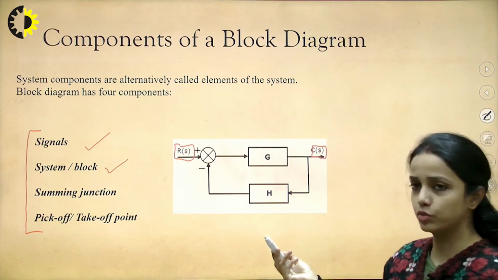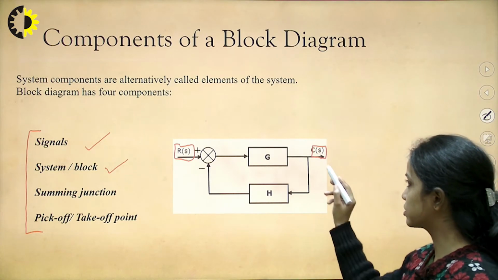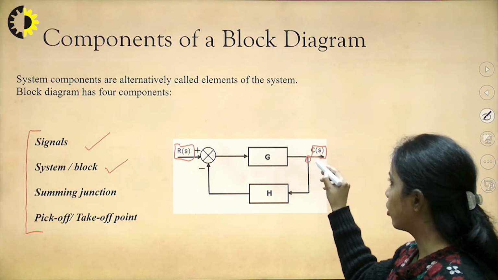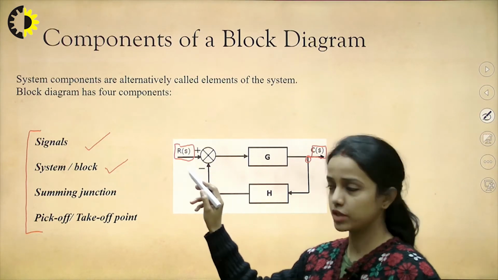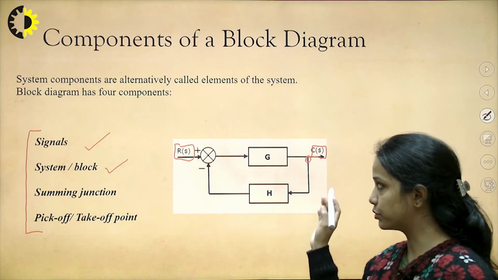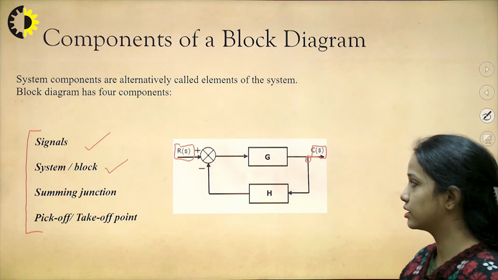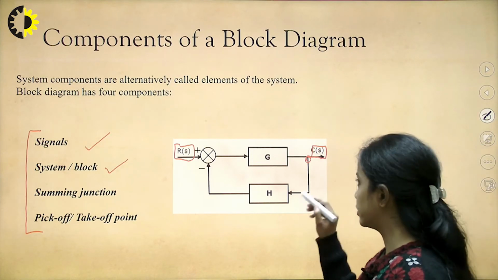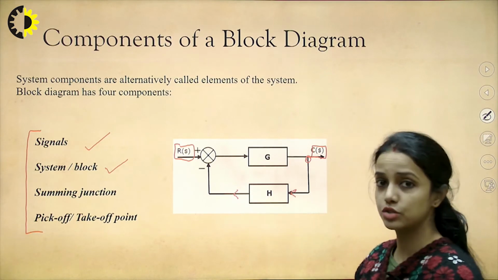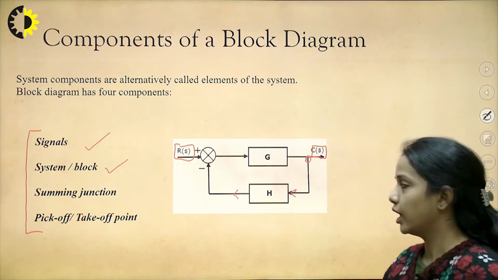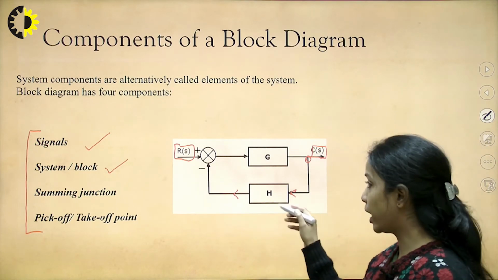Now, let us assume that we are considering a closed loop control system. In a closed loop control system, we want information of the output to be fed to the input. We want some portion of the output to enter into the input, so that we get an actuating signal, a correction mechanism. For this feedback path, the direction of flow is just opposite, and the feedback path has a feedback transfer function.